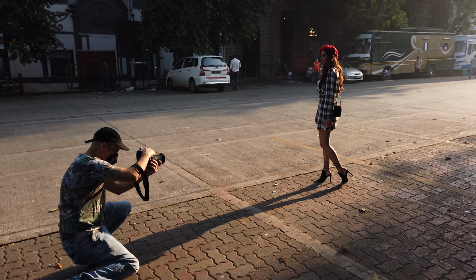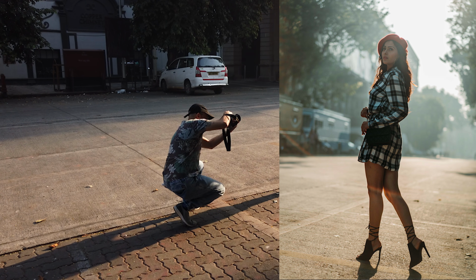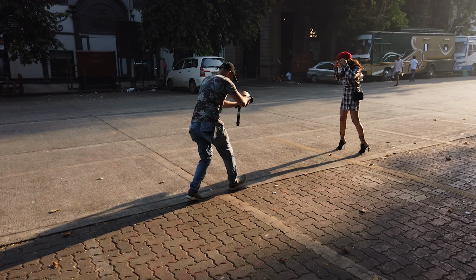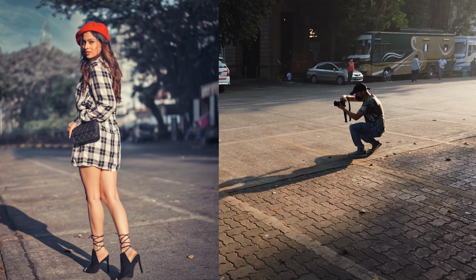So this shoot was without any artificial light. This is all natural light, and this is early morning sun. So I made Aparna stand with her back towards the sun and nice sun rays coming from behind her. And we were getting some great shots, early morning, nice vibe, golden sun. Then of course I had to experiment with the sun in front of her face, and as you can see,